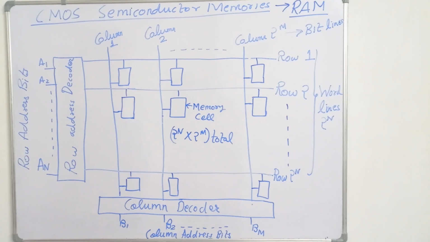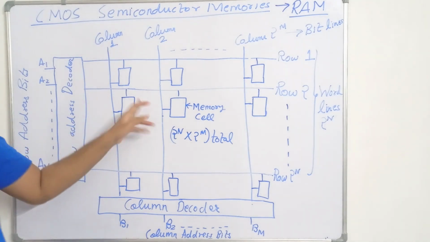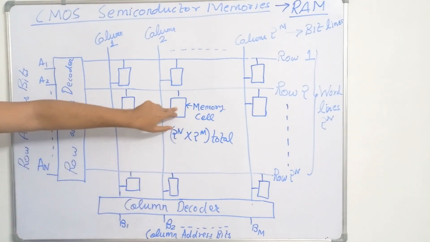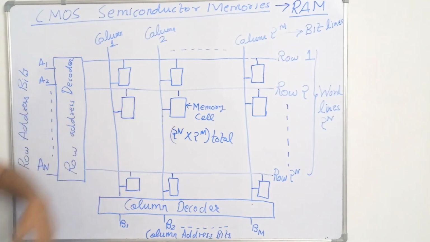And the column decoder circuit serves double duty. It selects the particular column and it also routes the corresponding data in the selected cell. So if I have selected this cell, then the data will be routed through the column decoder circuit. So the column decoder circuit is doing double duty. So this is the organization of a typical RAM array.